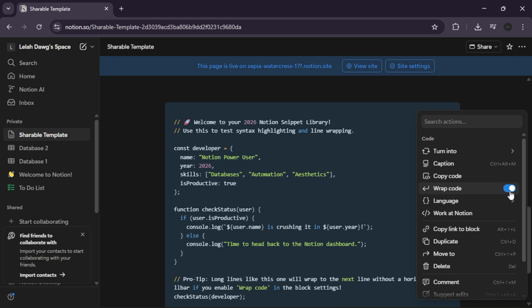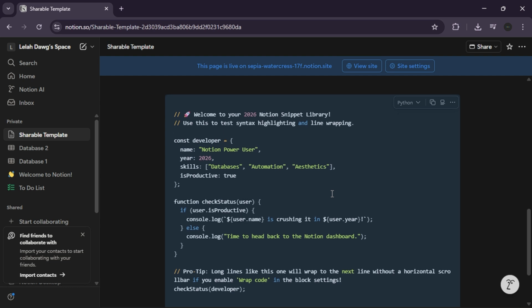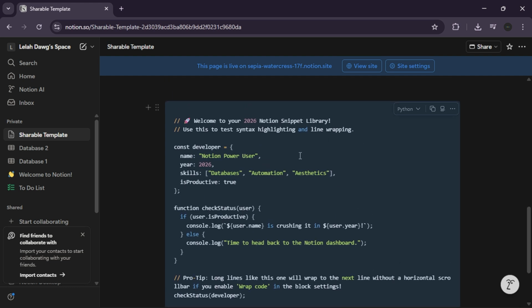Step 4. Use inline code for notes. Sometimes you don't need a whole block. If you're mentioning a variable or a file name like config.json inside a paragraph, just wrap the text in single backticks. This creates inline code, which keeps your technical notes looking clean and professional without breaking the flow of